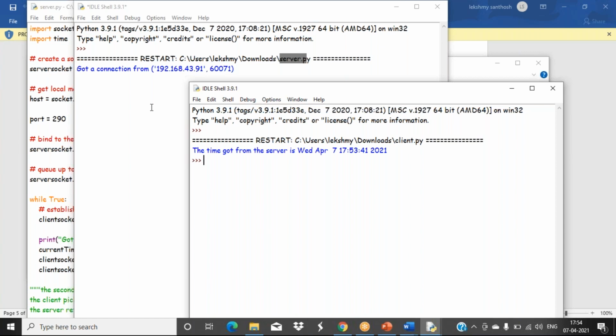Then only I can create web applications using Python. It's like how we learned JavaScript first, then I taught you Node.js. In the same manner, first we are learning the basics of Python syntax, then we are learning how to create the web server using Python. You got an idea? Don't get confused.